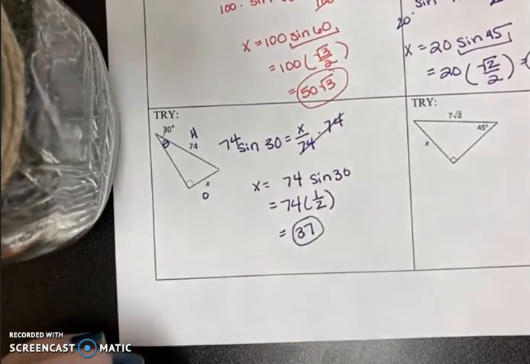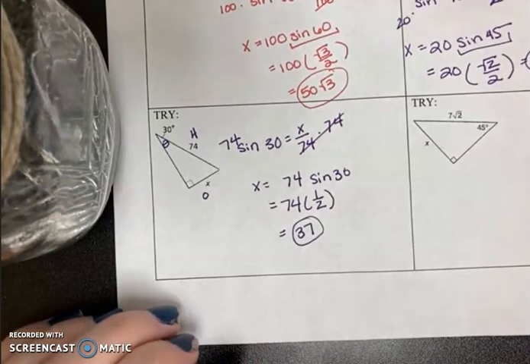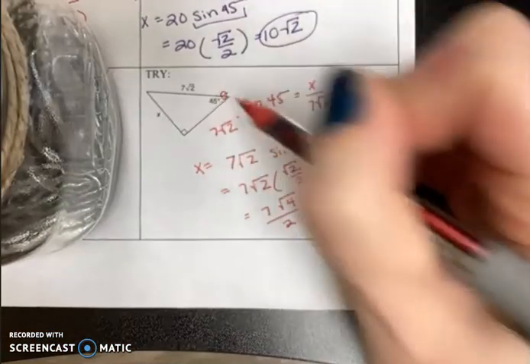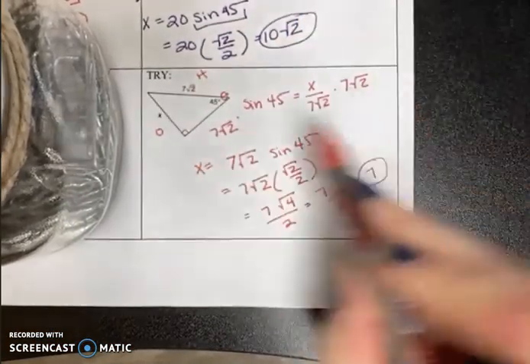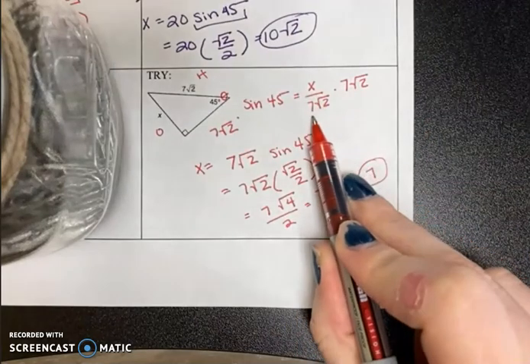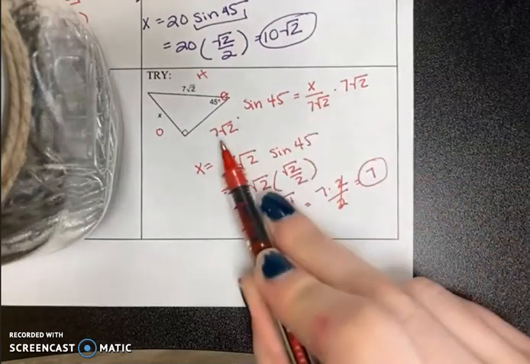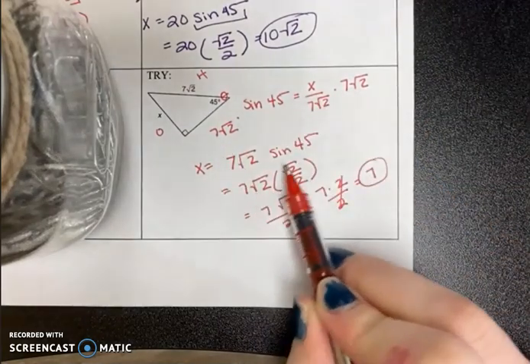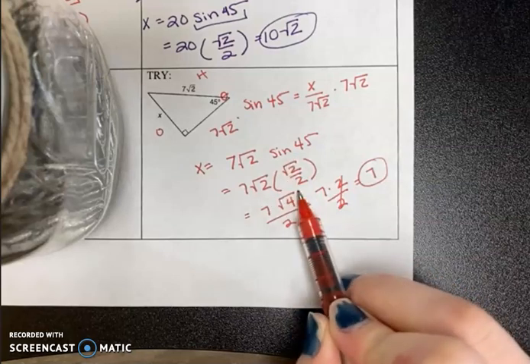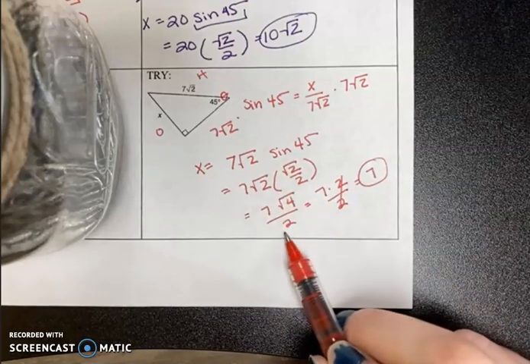For the second try problem, I'm just going to write it real quick and go over it. Your theta was 45. You had the opposite and hypotenuse. So sine of 45 equals x over 7 root 2. Multiply 7 root 2 on each side. I get 7 root 2 times sine 45, which is root 2 over 2, and then I simplified it to get